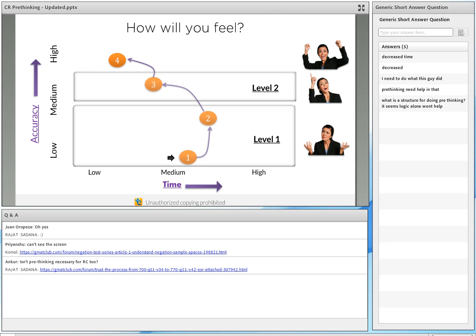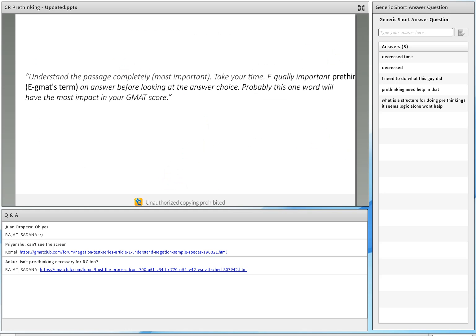In fact, if you read this entire thread, towards the end there's a student whose GMAT Club username is Plan Drive, and what you're really going to see is that this guy did not embrace pre-thinking, read this debrief, and started embracing pre-thinking. In 3 days he scored 740, and now he's looking to score higher. And this is not the only instance. As I said, there are upwards of 100 instances.